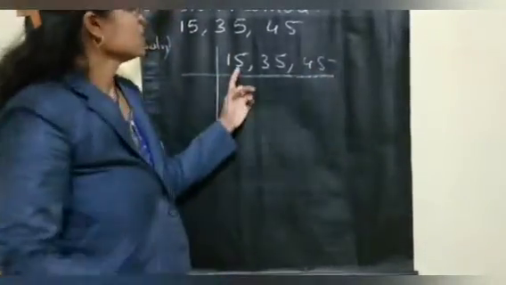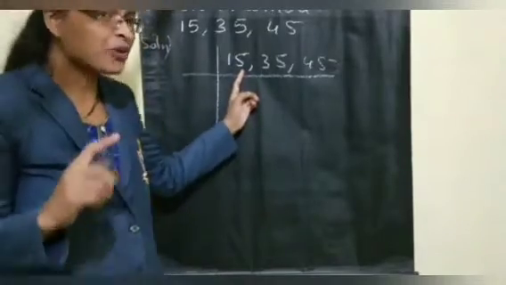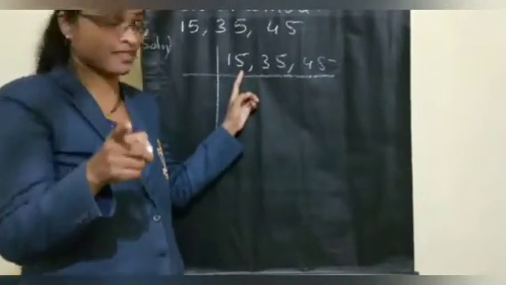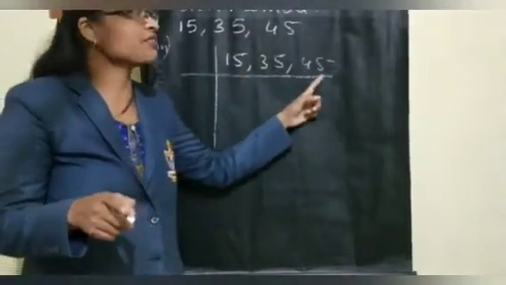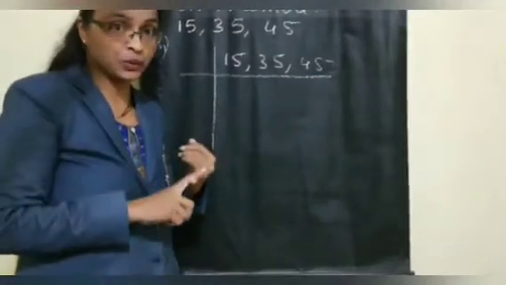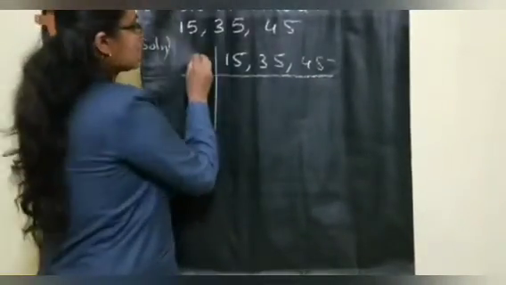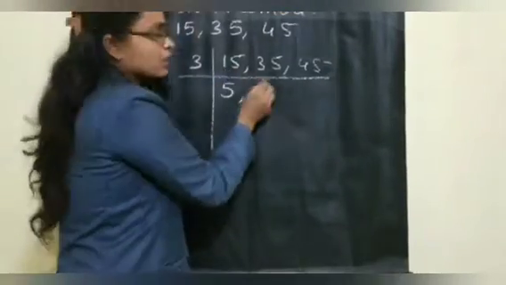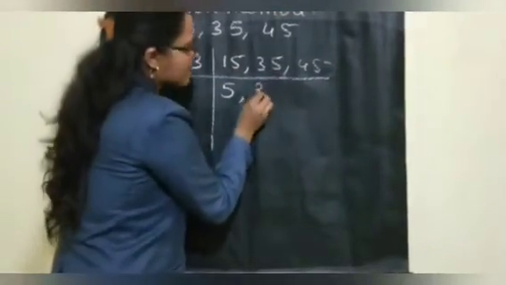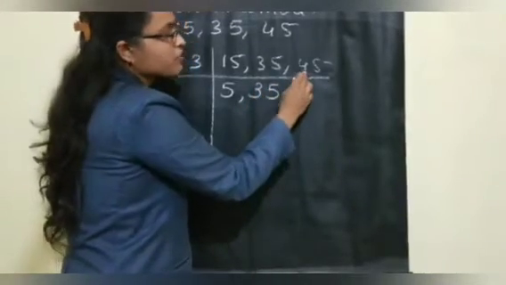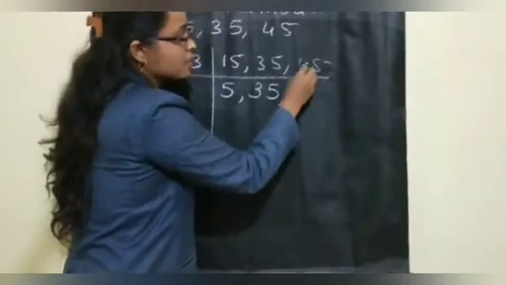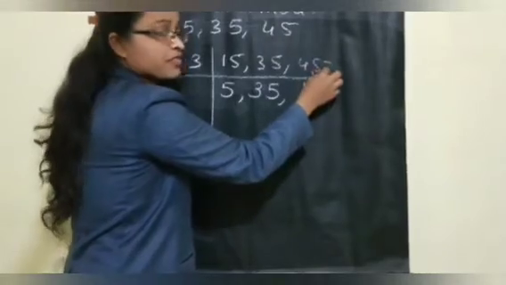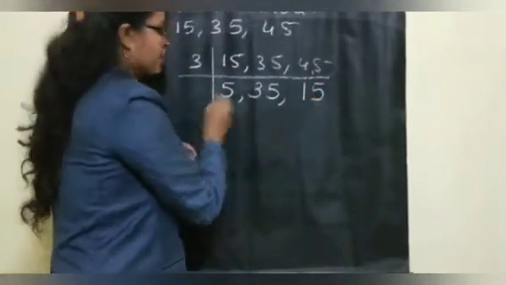Now if you observe here, you have to understand divisibility by the divisibility tests. If you see, everywhere it ends in 5, so you cannot divide by 2. Let us try with 3. 3 5s are 15. 15 you can divide. 35 you cannot divide, so write it as it is, 35. Now what about 45? You can divide. 3 1s are 3. You get a carry, this becomes 15. 3 5s are 15. Okay.